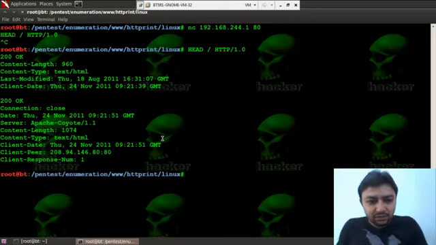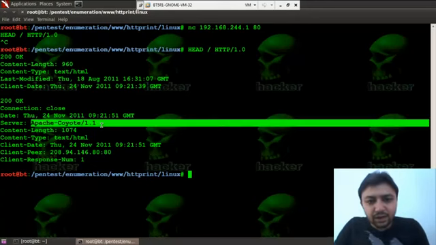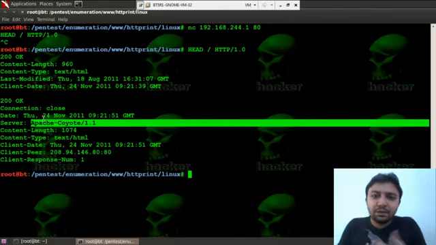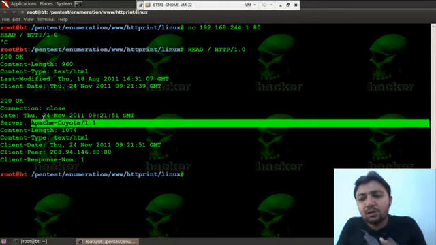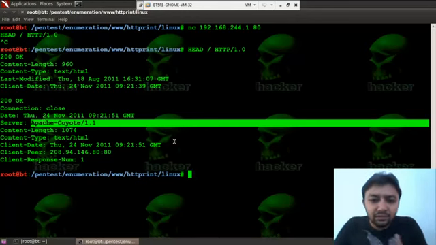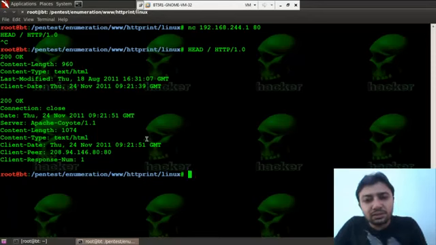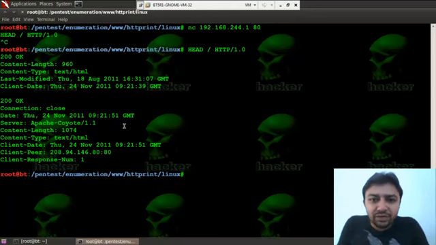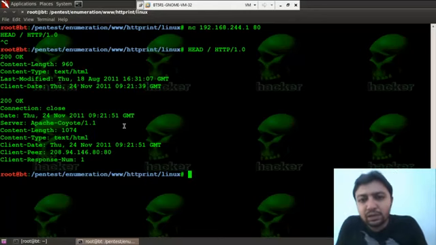Various other web servers, such as Microsoft IIS 6.0, Sun ONE and Netscape, differ in their replies. So we cannot accurately find out what web server is running at the other end. And what more we can see is that these server names can be obfuscated, that is, they can be modified to fool the attackers and the testers. So let's look at it in more detail. How can we identify it accurately?